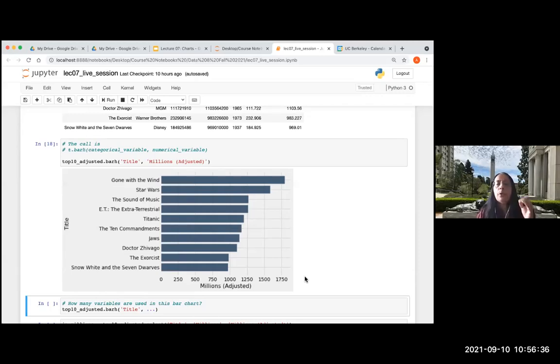So the movies don't look grouped for any reason, right? If say the gap between 10 Commandments and Jaws was 3 times as big, then the reader or the viewer can be forgiven for thinking that there are actually 2 sets of movies and they're for some reason different. Right, so the same amount of space has been kept